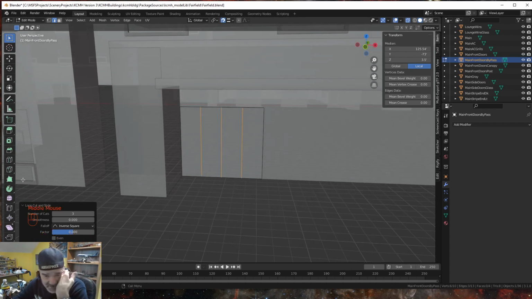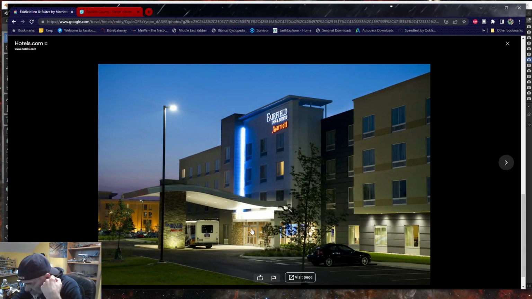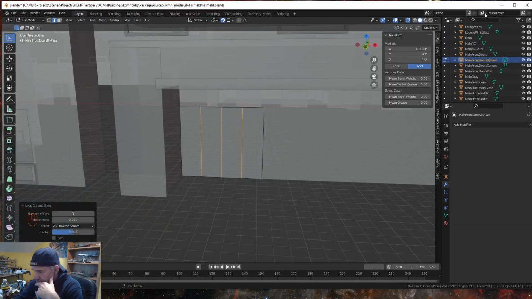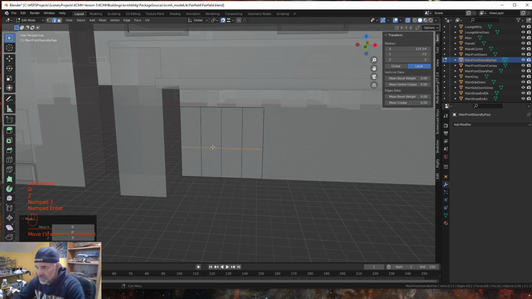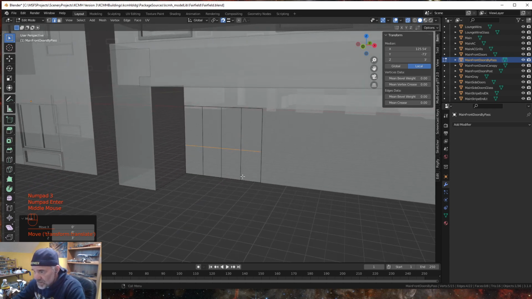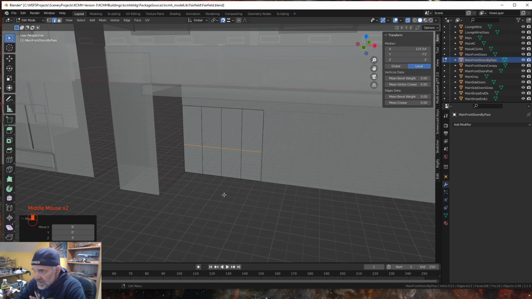And are they full glass? Is there a divider? No, there is a center divider on the doors. It's probably at 3 feet, not 3.5. All right. So I am going to Control R, drag that to the bottom, GZ3, so it's not quite in the middle of the door. It's about where your hand would reach for a doorknob, even though there's not a doorknob on these. Now,